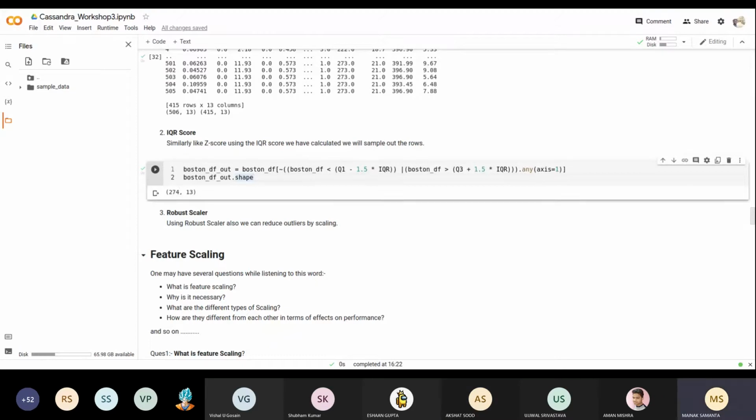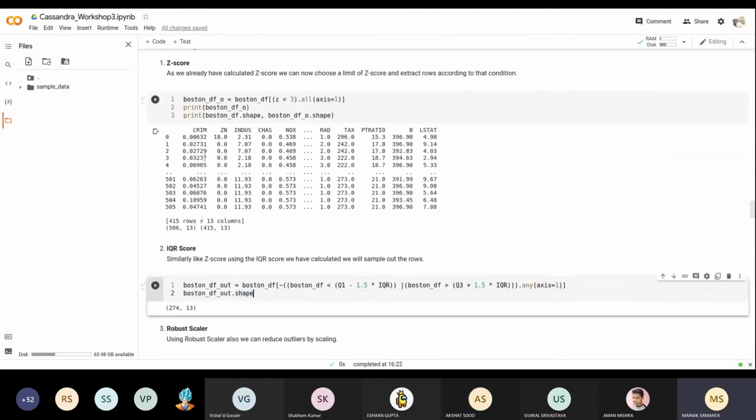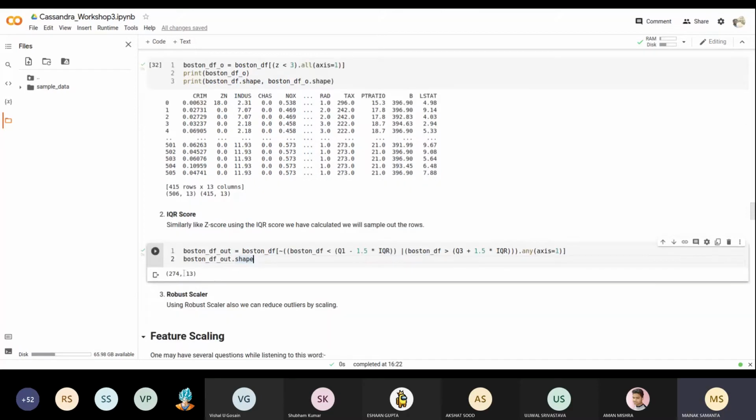Yes, outliers affect your model performance. But if your data becomes almost half, that will also affect your model performance. So in this case, if I have to choose one method to remove outliers, I will choose the Z score. It's not shortening the whole data set, but here the dataset is almost getting halved. So you should not choose this. You have to keep this in mind.